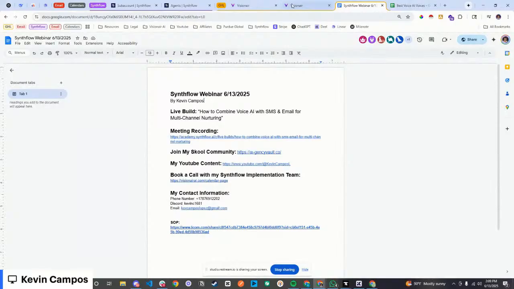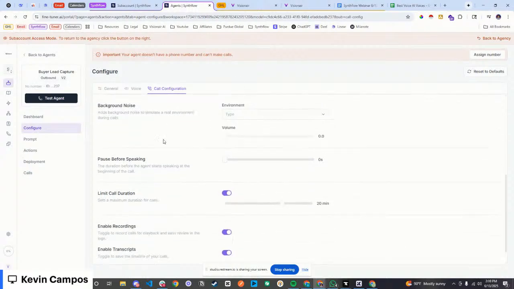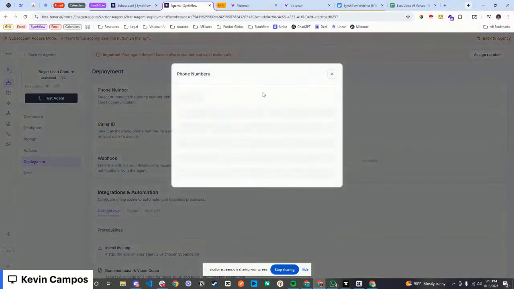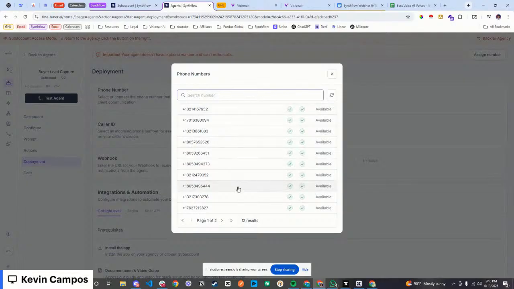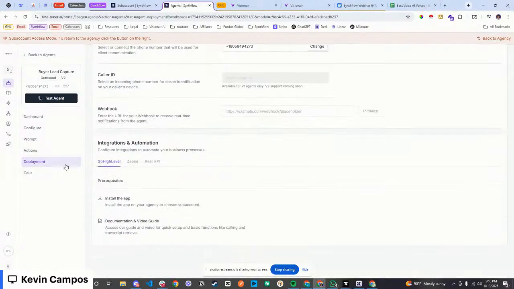Awesome. Perfect. So let's go ahead and go straight into the agent itself. As you guys can see, I haven't really touched the prompt itself. What I want to do is see if I can connect something here. Let's use one of these phone numbers. And this should be set to call my number.